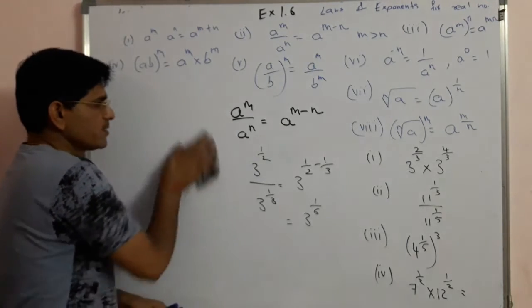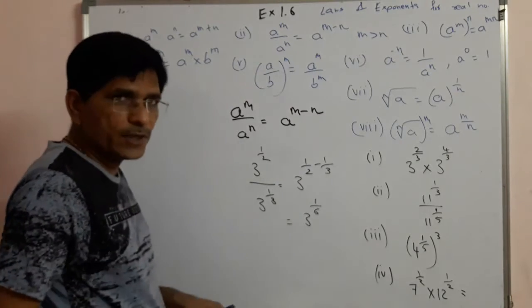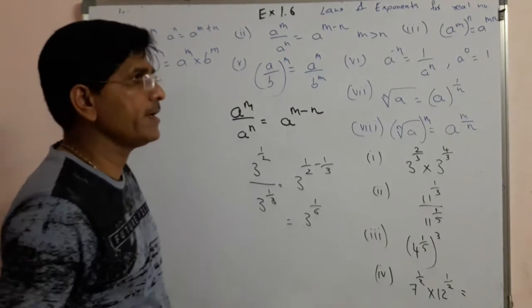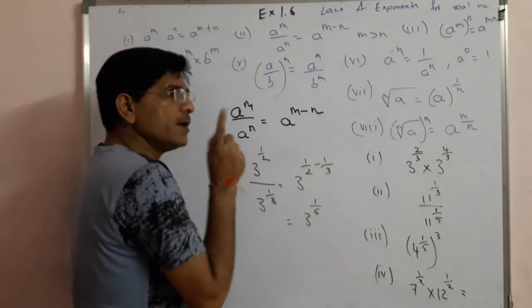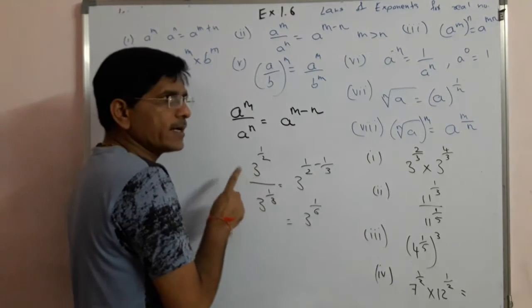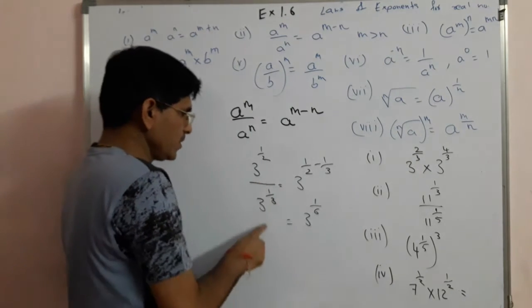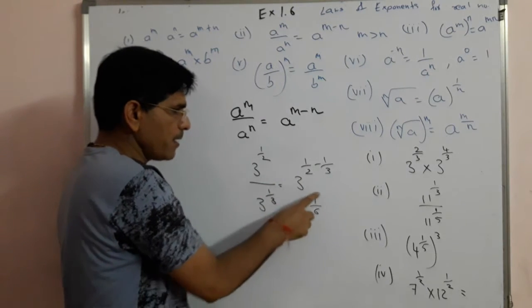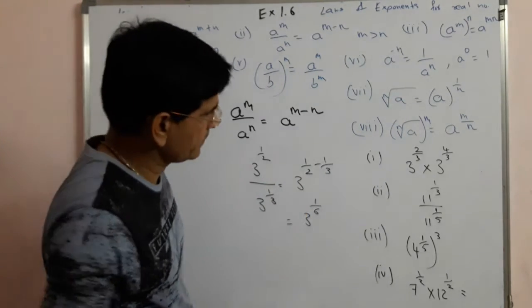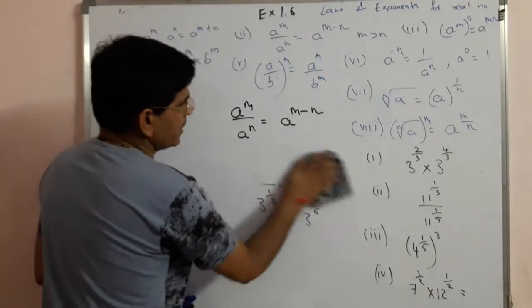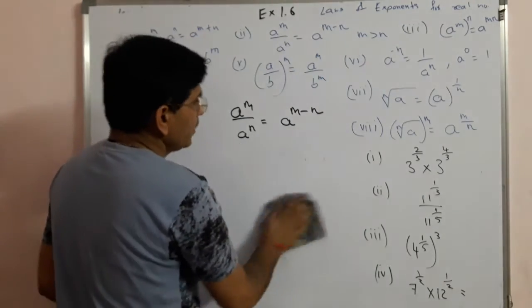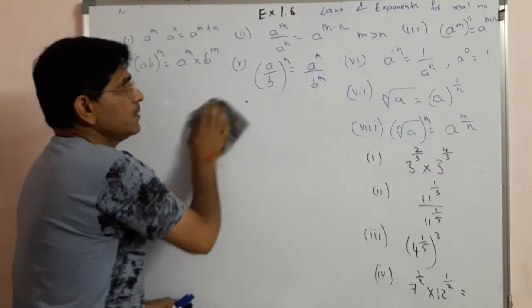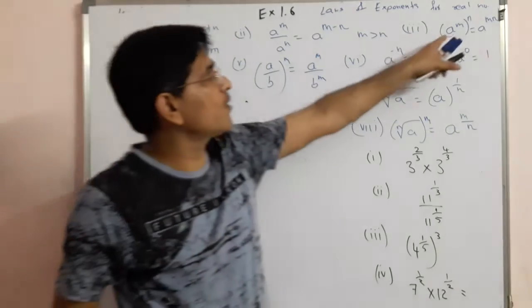Again, when we solve questions, in any sums we are doing, at that time we are simplifying the sum. When we simplify any sum, we have to write like that: 3 to the power 1 by 2, 3 to the power 1 by 3. Now if we simplify, that answer is 3 to the power 1 by 6. So it is related with the log of division. Now the third law, that is power of power.